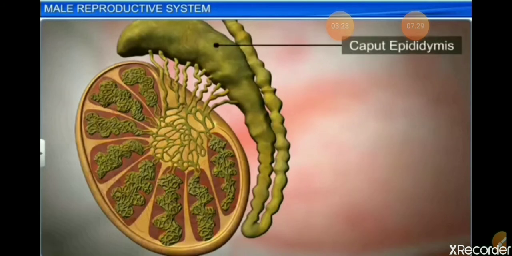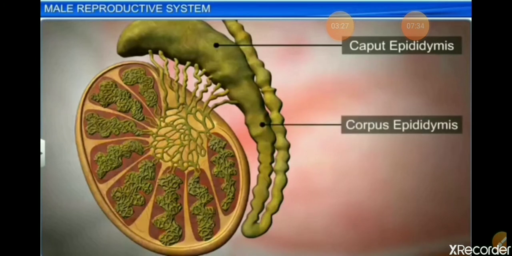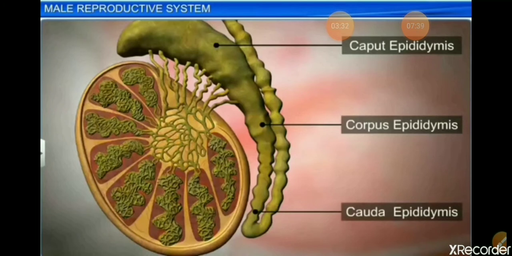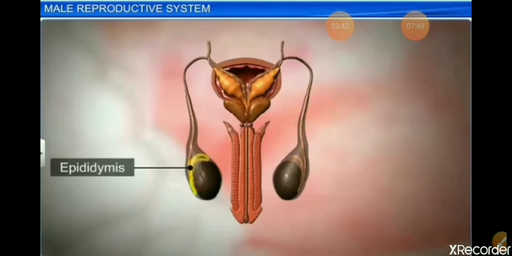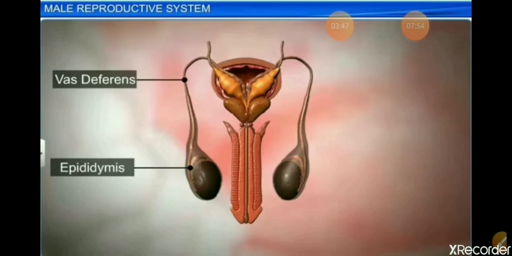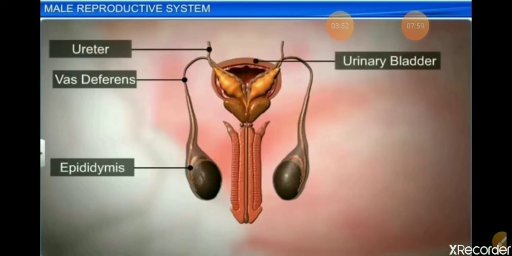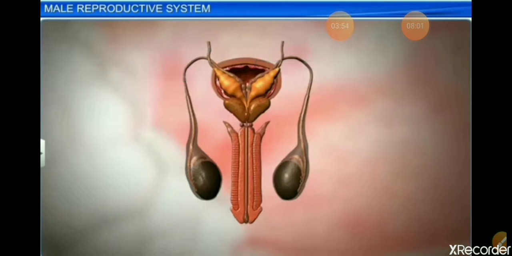The epididymis has three different parts: head part, body part, and tail part. Head part caput, body corpus, tail part cauda. Head, body and tail. You can see the sperms over there. They will be temporarily stored and will be nourished in that region. So the next part is how this epididymis is going to get connected to the other parts, that is the accessory glands. So the vas deferens, you can see.